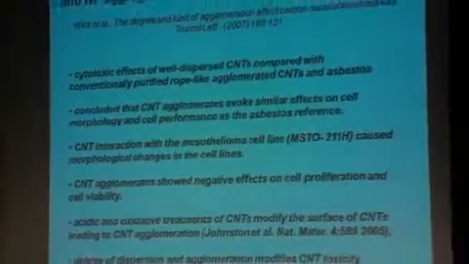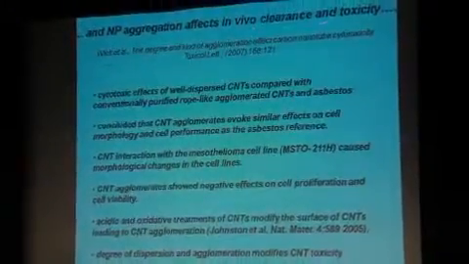And the idea also is to pull particles out from the blood and have them partition into disease sites. We also then have a size dependence where smaller is better. 100 nanometer particles are much more effective in penetrating vasculature in disease sites. So size does matter depending on what you want to do. And so for my students and for Pharmaceutics, this is a roadmap of how we try to tailor size to get to places where we want, even though we know that most of the dose is going to go to where we don't want. All right, and aggregation also affects in vivo clearance and in vivo toxicity.